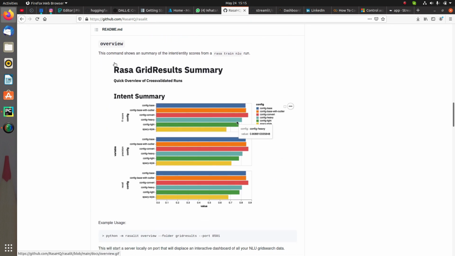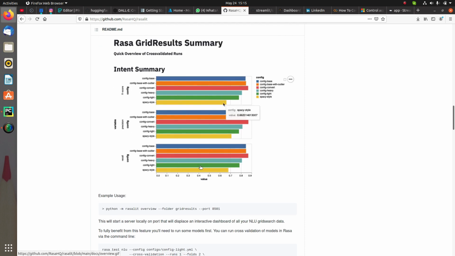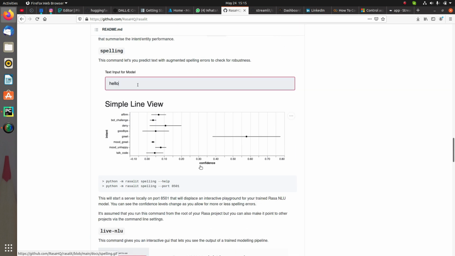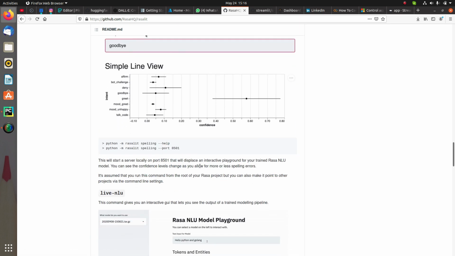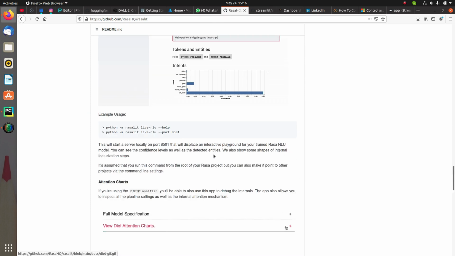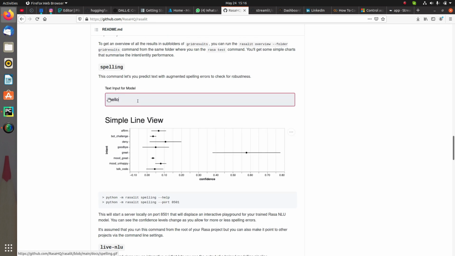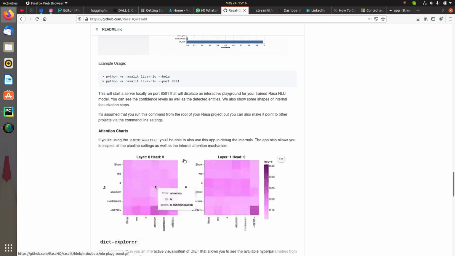That next one is the overview part, and you can use the overview in this way, and accordingly you can get the results. I will not go for it, I am going for the other ones. NLU Live we have already seen. I will go for the Diet Explorer, and the rest of the ones, if you want to understand them, you can understand them here also. Like, it's about the spelling. Whatever spellings you add, based on that you will get a confidence value for it. So this is the way you will be doing it.